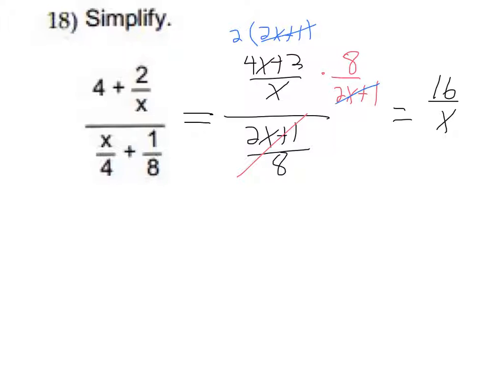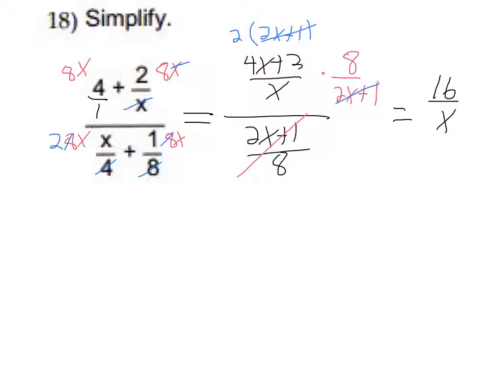A much faster approach is to look at all the mini fractions. Let me put this 4 over 1. All the many fractions, the x denominator, the 1, the 4, the 8, and get the LCD. The LCD is 8x, and multiply this by 8x, and this by 8x, and this by 8x, and this by 8x. What this allows you to do is to clear out all these little mini fractions,